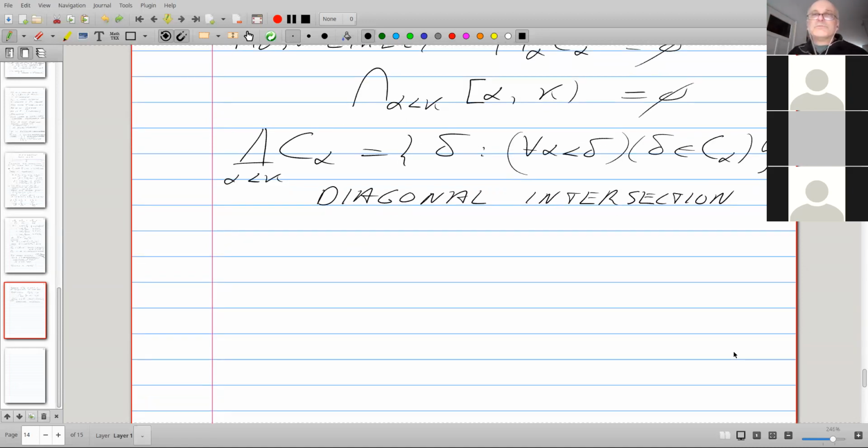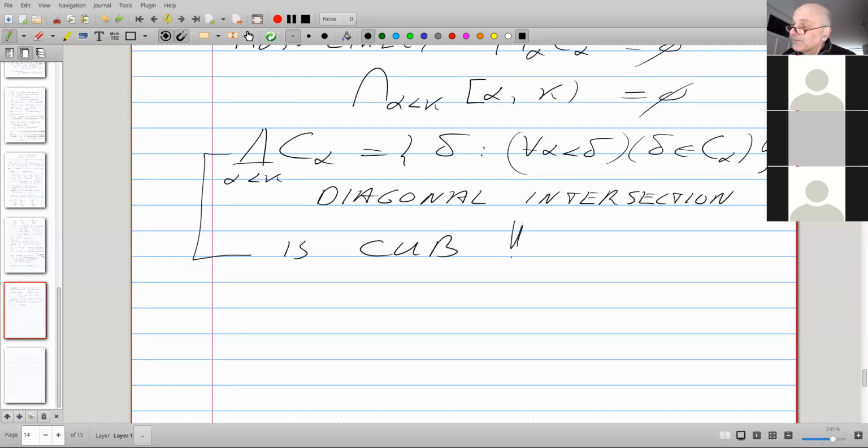So you don't really want points that are in all the intersection, but you look at the sequence and you say, I am delta. I'm looking at the C alphas where alpha is less than delta. I would like to be in that intersection, please. And the deltas for which this wish is granted form the diagonal intersection of the family. And the theorem is this intersection is closed and unbounded again.